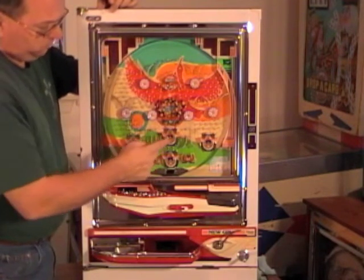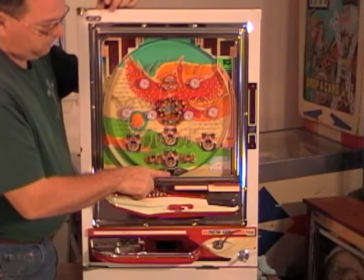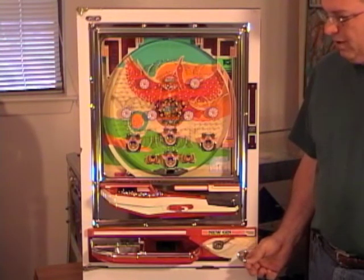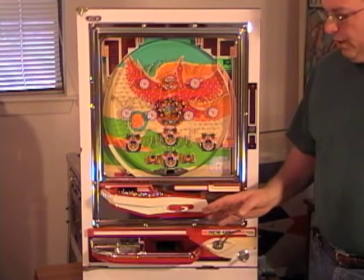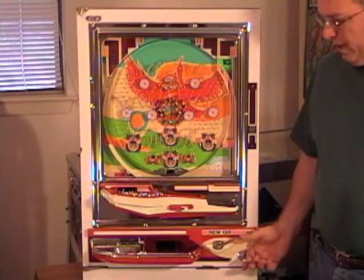Now if you don't get it to go on one of those, it'll fall through this outlet here into your bucket in the back of the machine. Let's go ahead and play. We'll pull down on the flipper and we'll let go. The first time you do that, nothing's going to happen because you're loading a ball through the shooter assembly into the shooter lane. Now when we do that,